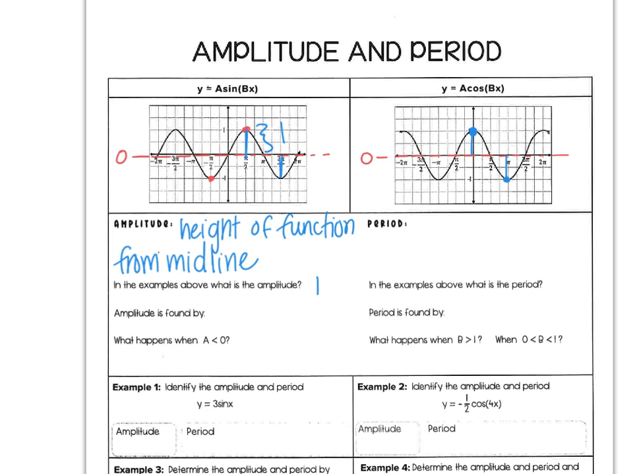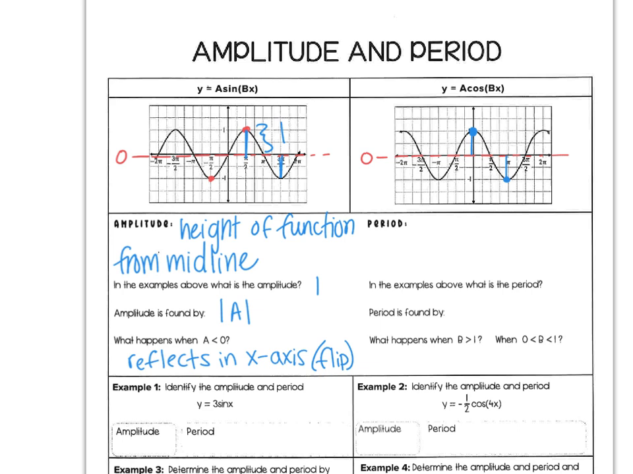In a given trig function, when we're looking at it, the amplitude is found by looking at A, so whatever that value is in front, and taking its absolute value. So we ignore the negative sign if there is one, and we only take the absolute value, and that tells us the amplitude or the height of our function. If A is less than 0, so if we have a negative sign, it will be a reflection in the x-axis. So it will just flip the graph